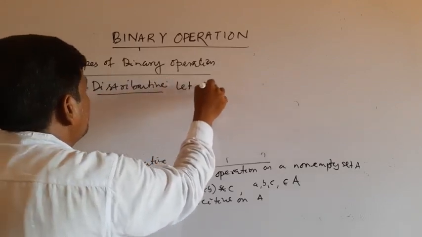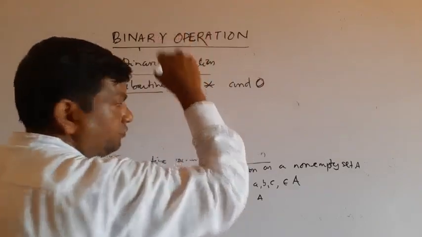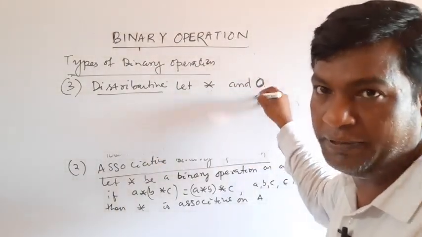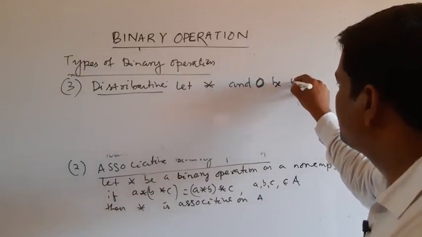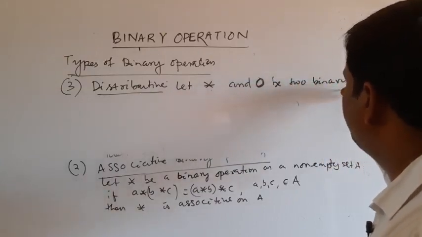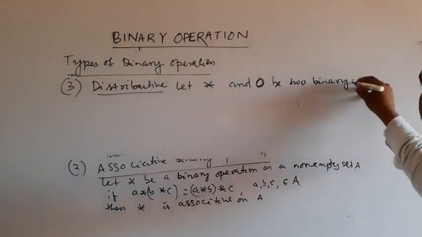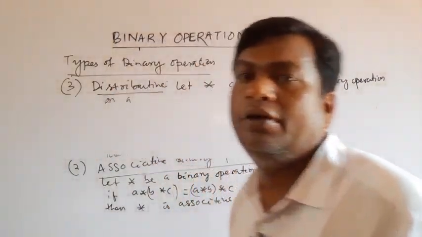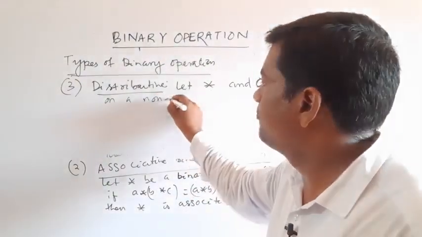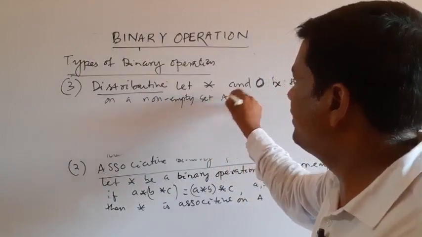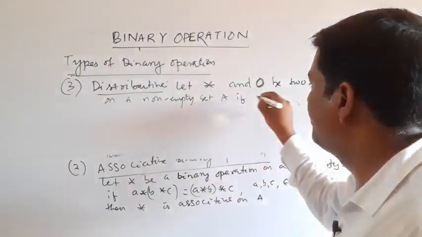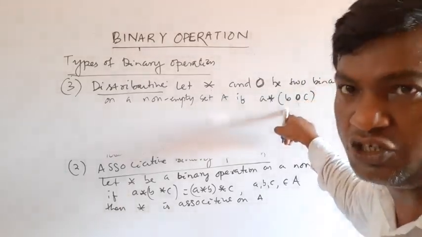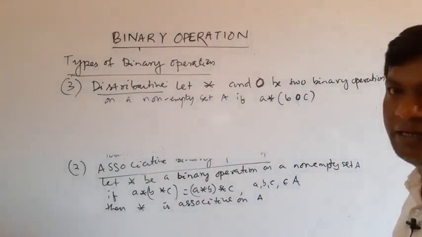Let star and another operation, bold O, be two binary operations on a non-empty set capital A. If a star (b operation c), where bold O means another operation symbol,